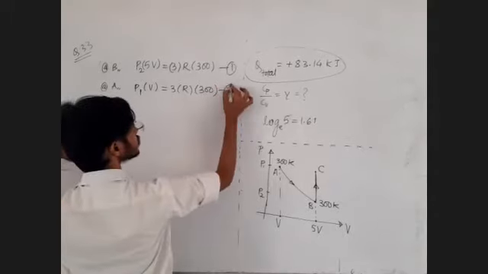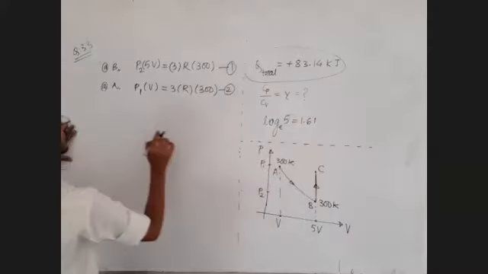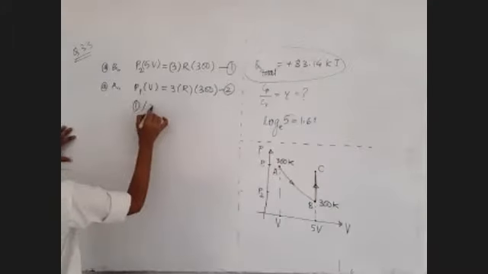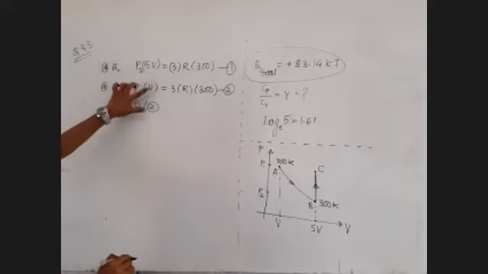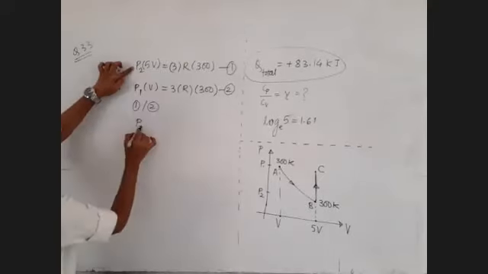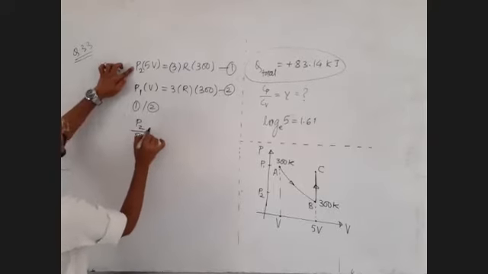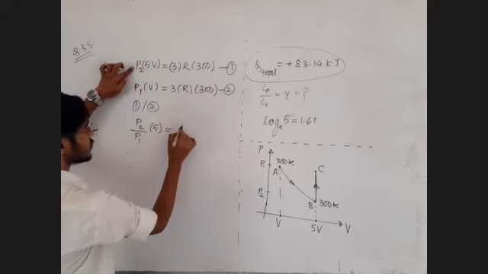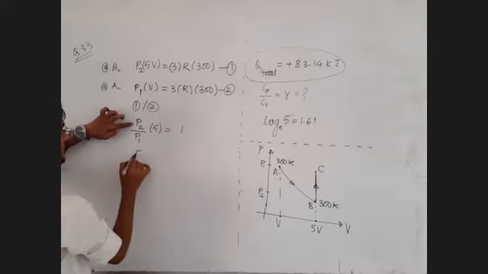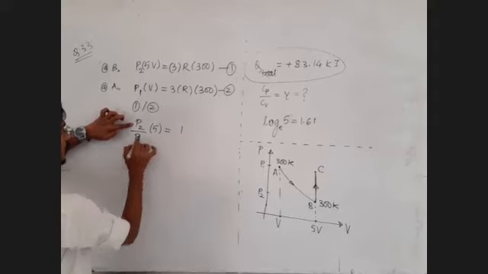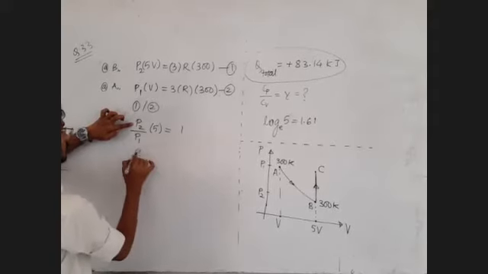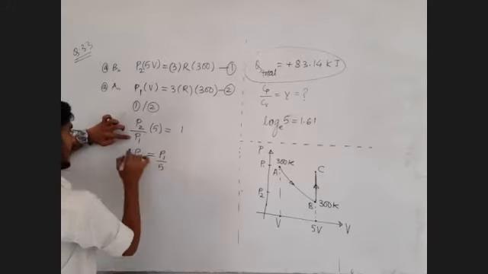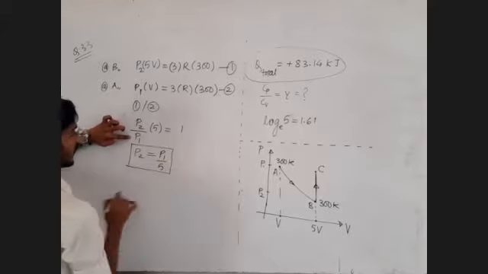We have to find temperature at point C. Just hold on, we will find out the temperature at point C. Just divide equation 1 by equation 2. 5V upon V will become 5. P2 upon P1 multiplied by 5. 3R, 300 cancel, so 1. So 5 times P2 upon P1, or simply P2 is equal to P1 upon 5. Now we have P2 in the language of P1.